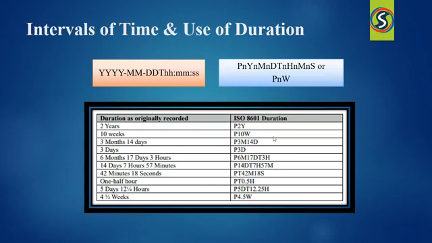So P, T 0.5 H, that is where you can represent 5 days 12 and a quarter hours. That is what you can specify as P 5D separator T 12.25 hours. Then you have a quarter of that, a week of 4 weeks, so you can represent that as P 4.5 weeks. So this is how ISO 8601 is helping us out when you have the values in this way. So you can include a period symbol and denote this.